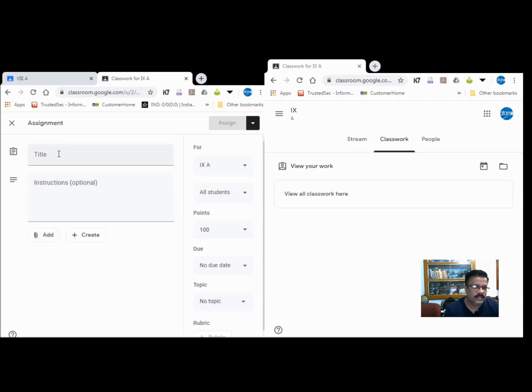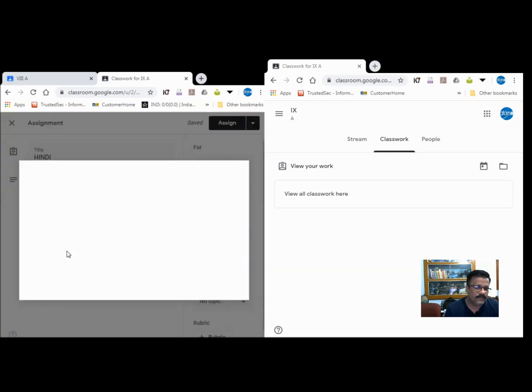Add. Simply, suppose I am writing the title here: Hindi. Now add. Already I have some questions in my Google Drive, so I will just upload it here. Google Drive, my drive.